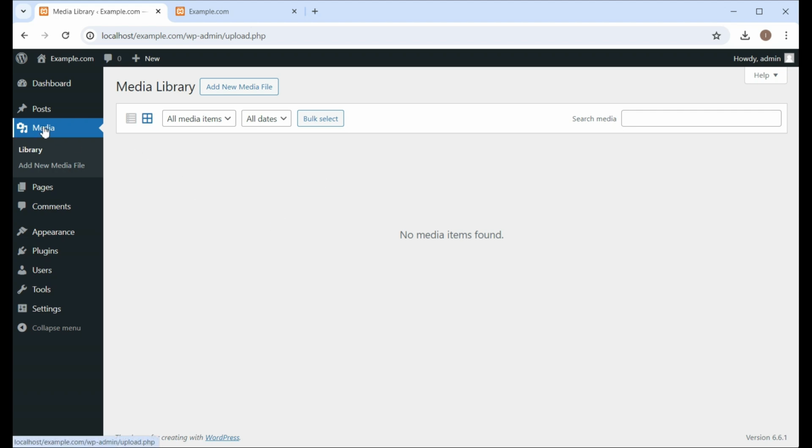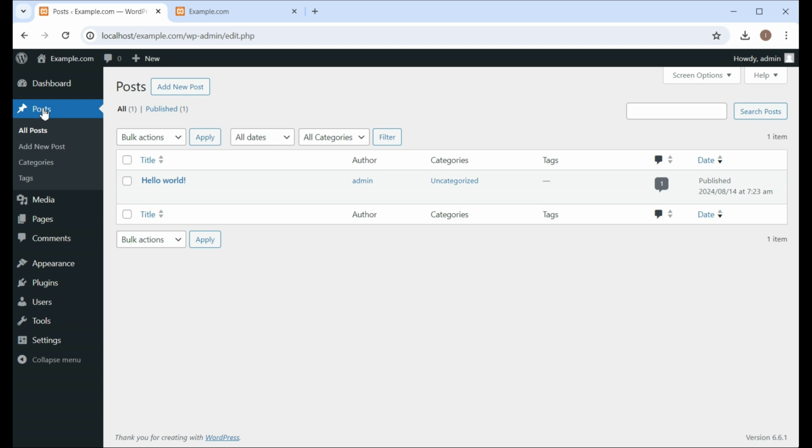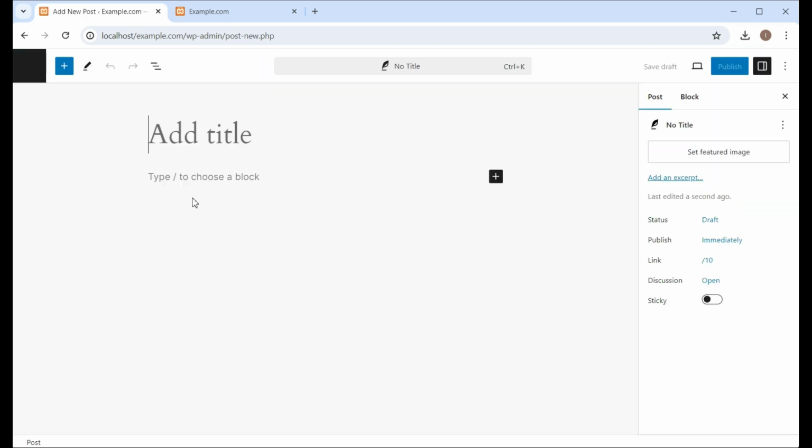If I click on media, the work area appears on the right side. It is the main work area and the changes are reflected here. If I go to posts and I want to add a new post, now this is the area, this is the editor from where I can add a new post. So this is the work area.